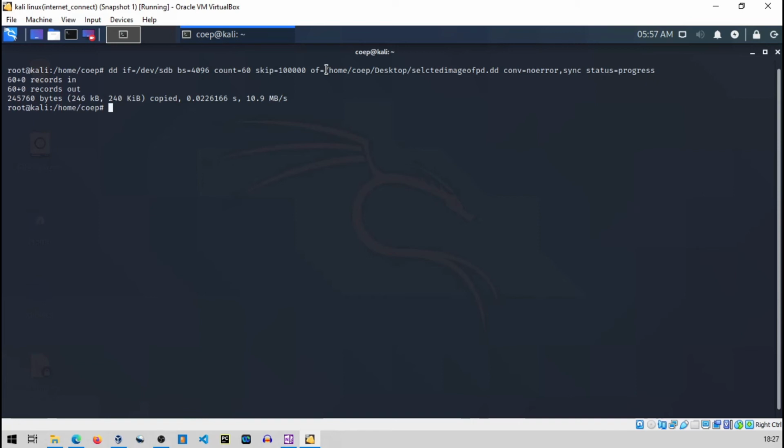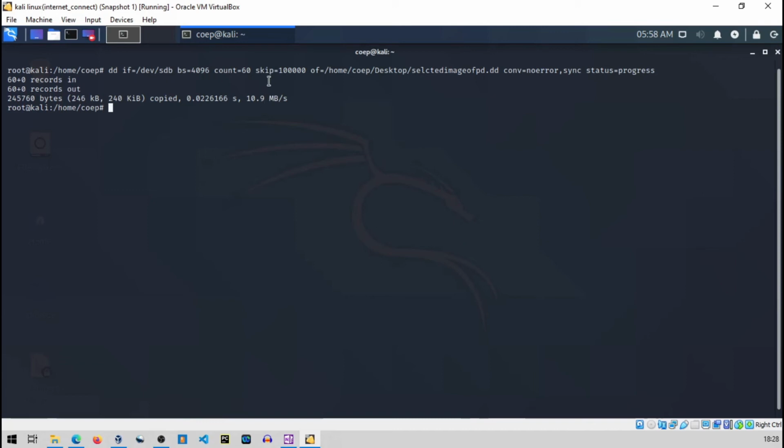Basically this command executes fast, that's why I deleted the previous output. You can see here it shows records in, records out and all. See, I am doing this skip blindly. Remember one thing: when you are working on actual evidence, or you have access to an actual suspect's hard drive, pen drive, or any storage drive, then during logical acquisition you usually know where to start.